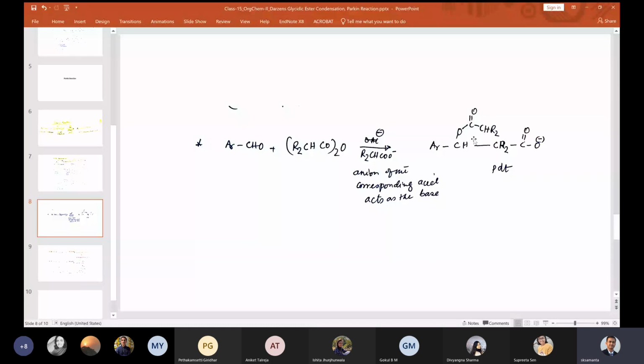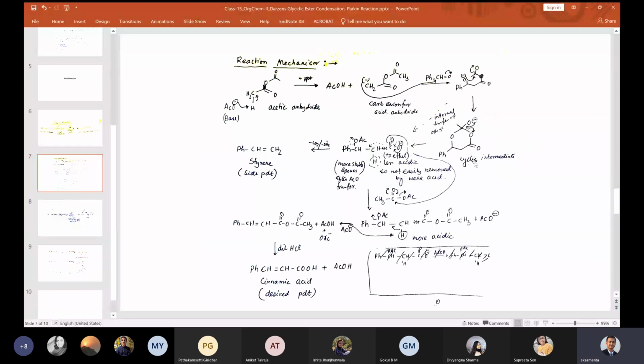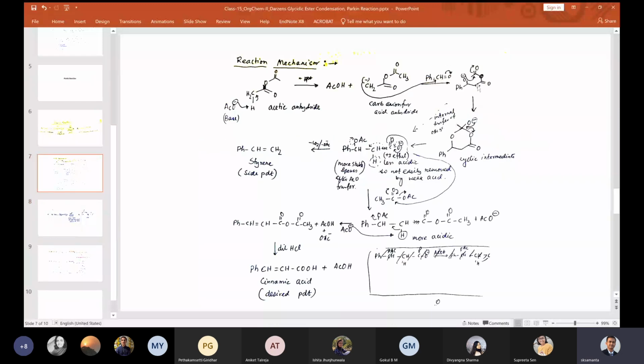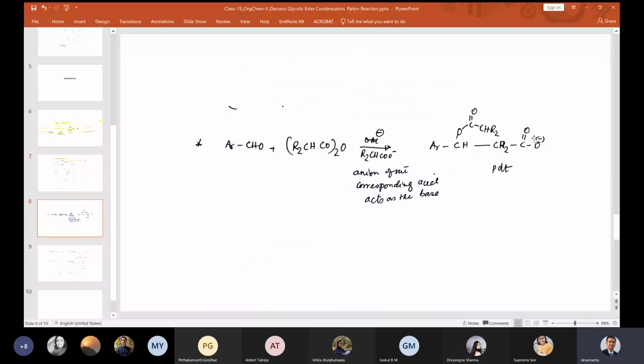But how do we get this compound? This compound can only be obtained if this particular reaction goes by this intermediate. Correct? So here instead of OAc, we have OCO-CR2. So if we are getting this intermediate, that means this intermediate must have come via this cyclic intermediate. Correct? This is what we are getting here. So that is why this proves that the acyl transfer basically takes place, and that is how this acyl group has come here.